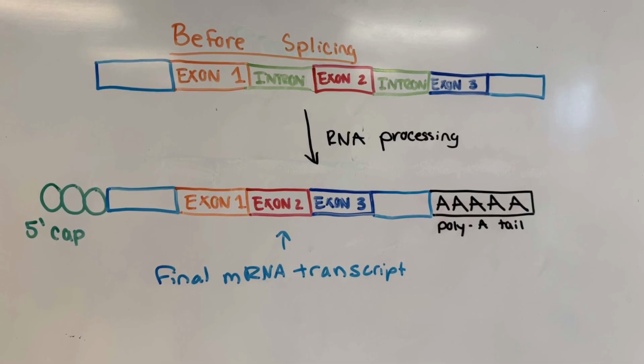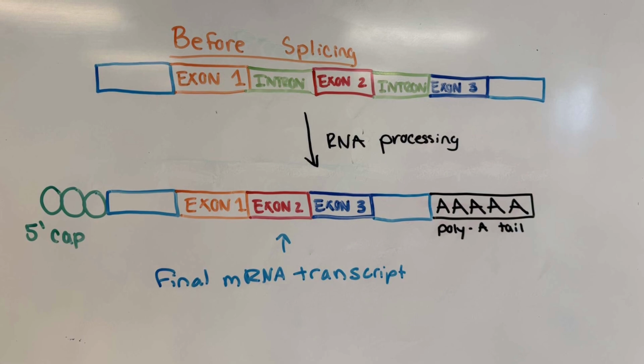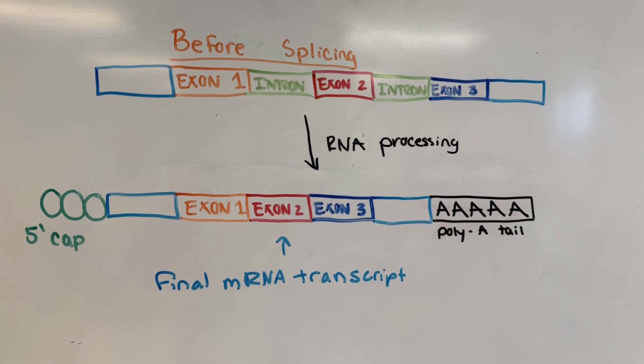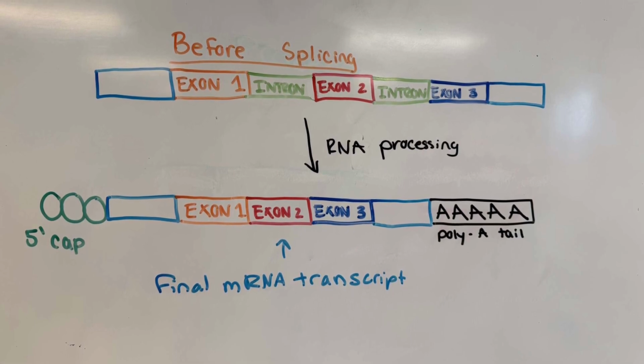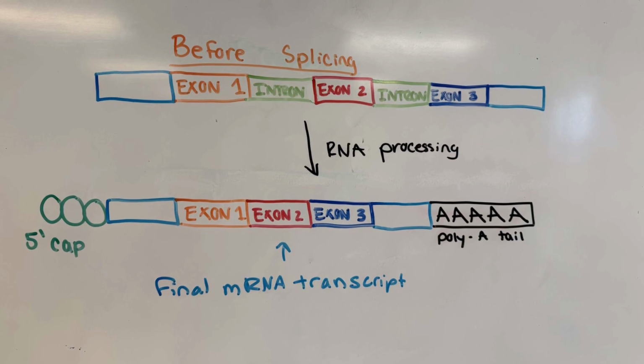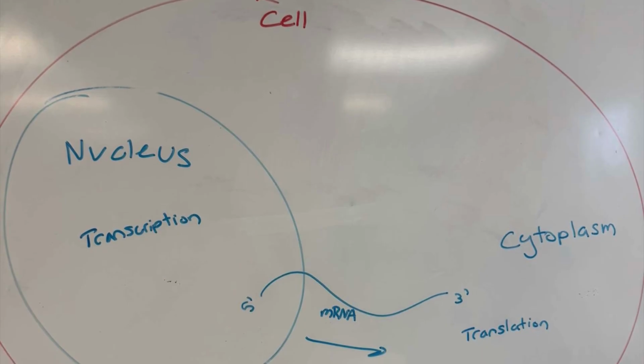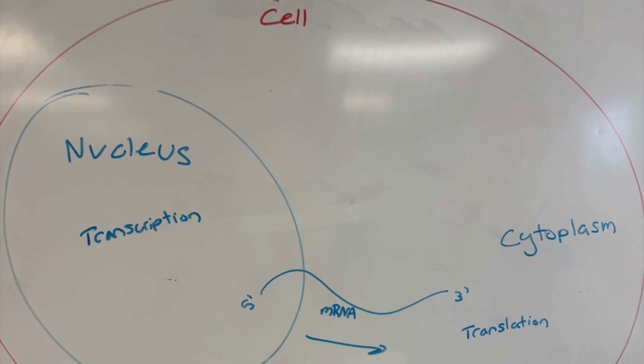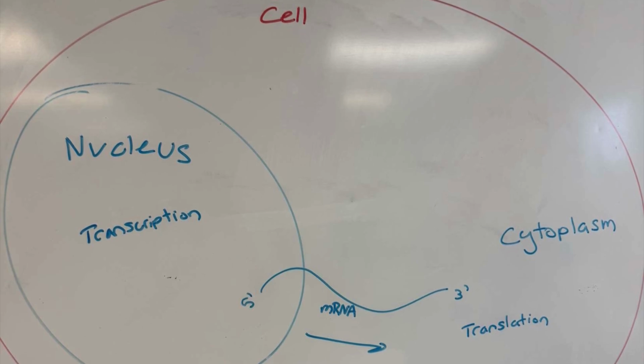Splicing also occurs in RNA processing. This is when spliceosomes remove introns, which are non-protein coding sequences, and connect exons, which are protein coding sequences. Once RNA processing is complete, the mRNA transcript moves out of the nucleus and into the cytoplasm where translation will